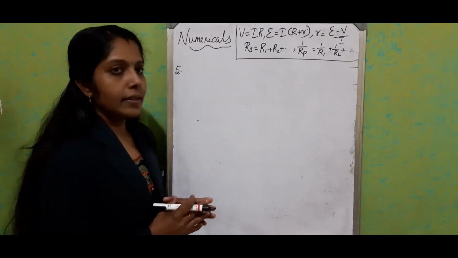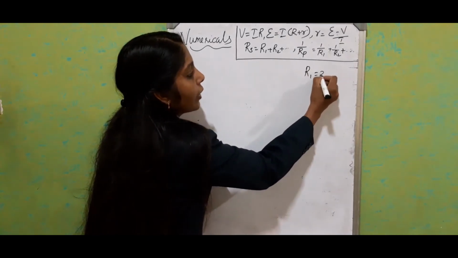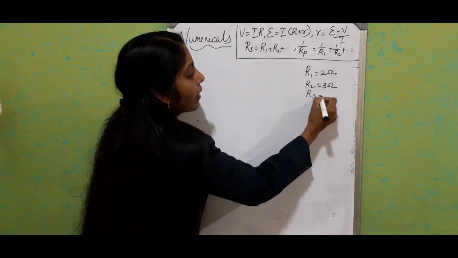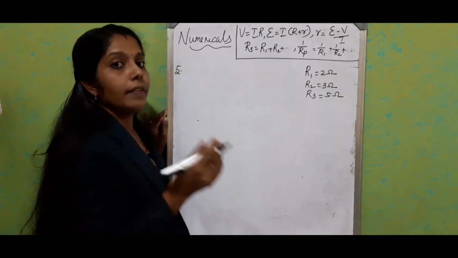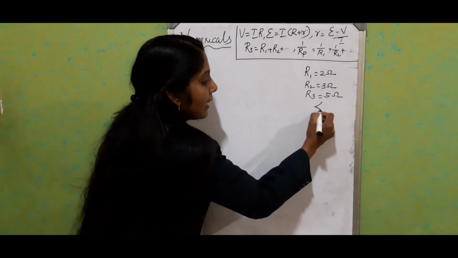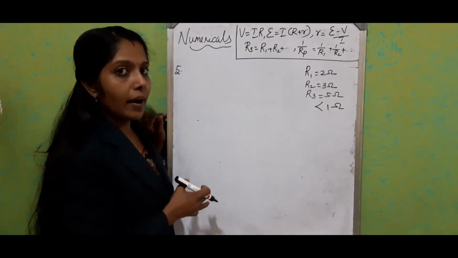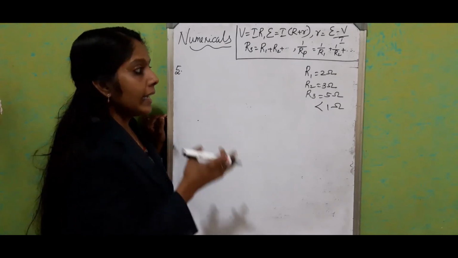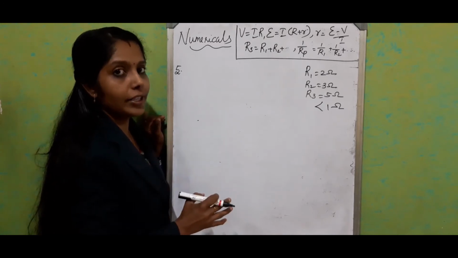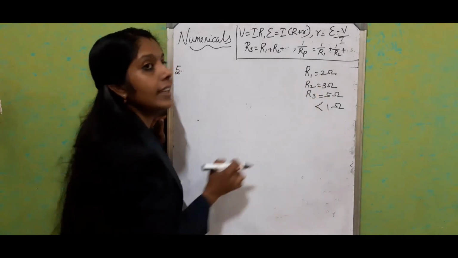So in the fifth question, it's given that we have three resistors: R1 is equal to 2 ohm, R2 is equal to 3 ohm and R3 is equal to 5 ohm. We have to get the final value, or effective resistance, less than 1 ohm. When we studied the theory part, I mentioned that if we connect all the resistors in a parallel combination,